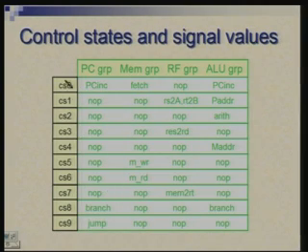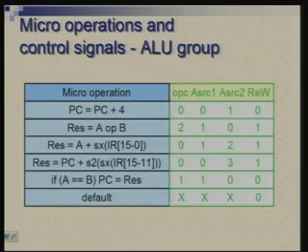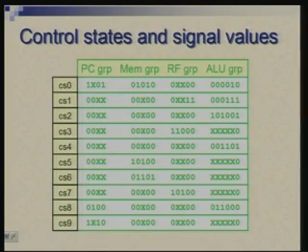One table describes the control signals for each control state. So for different groups of control signals, we are indicating what micro operation they are supposed to perform, and each of these corresponds to some pattern of control signals. If you replace each micro operation by the pattern of control signals from one of these tables, what we get is this. Each micro operation has been replaced by a pattern of ones and zeros, and also there are X's indicating don't care wherever appropriate.